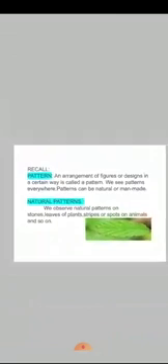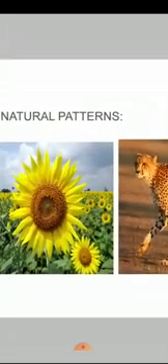These leaves, all these are obtained from nature, isn't it? We can say it has a natural pattern. The design on these leaves, everything is obtained from nature. So we'll call it a natural pattern. Let us see some more examples. The flower, the design of this flower is arranged in a particular order, isn't it? Inside of this flower, everything is arranged in a particular design. All these are obtained from nature. So, we call